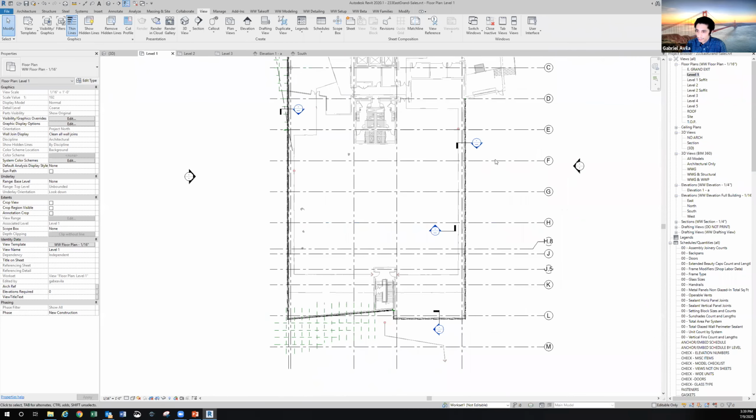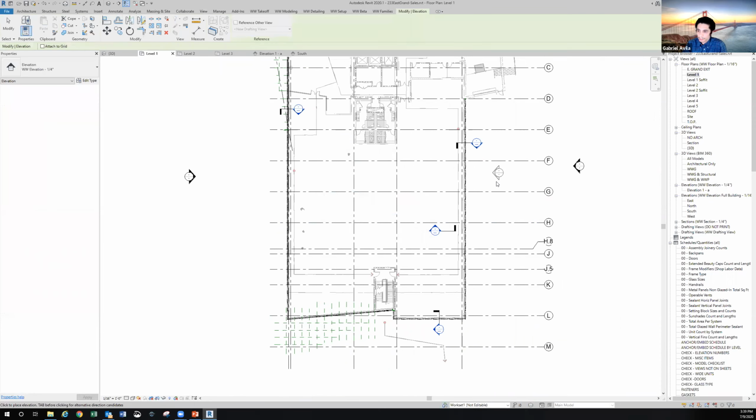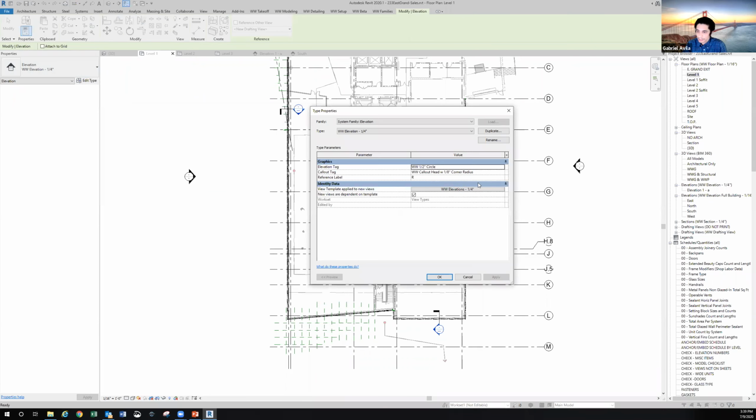So if I create an elevation here, just a new one, I go to elevation, and you can see that I'm using the WW elevation quarter. And before I put it where I want it to go, I can hit edit type. And you can see that there's some properties with this type. And one of the properties is the view template applied to new views. So every time I place this callout, it's going to automatically put it in the WW elevations quarter view